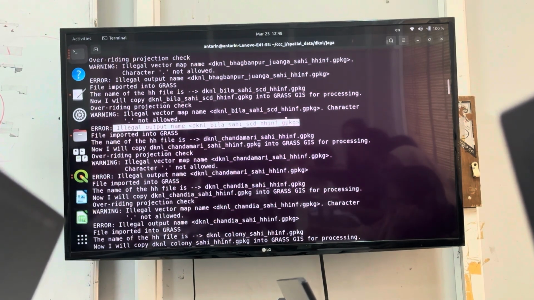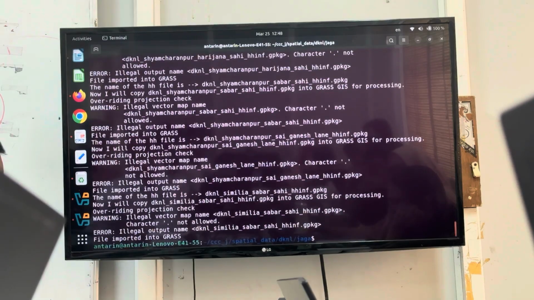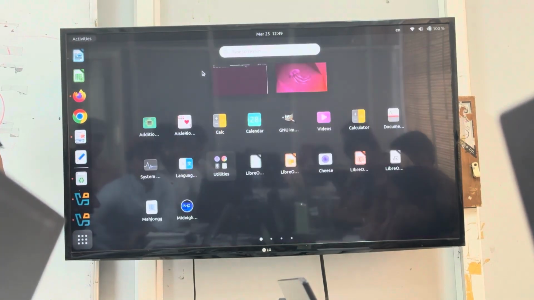Because in GRASS, when we try to run GRASS, now let's see what was happening here. Right? If I open GRASS,